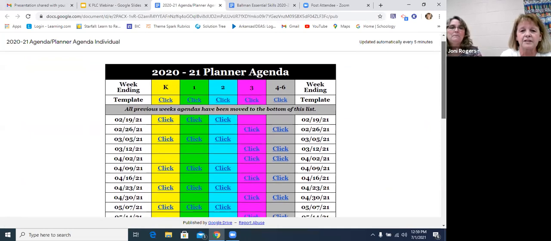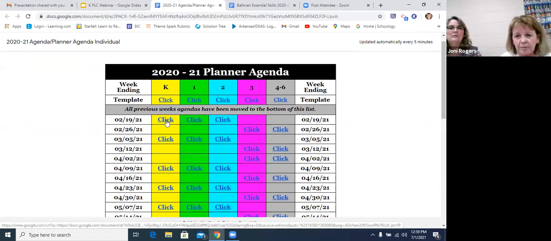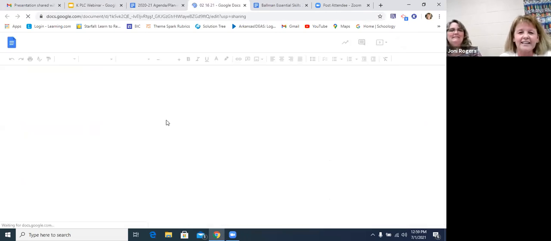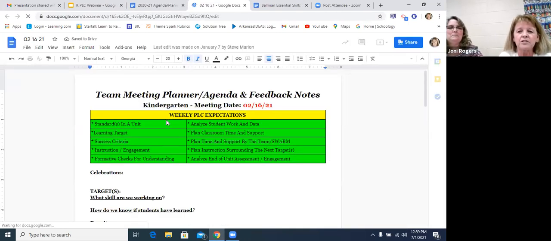Okay, so here's the agenda. And this is our template that they've created for us. And there's not going to be any information in here because it's all been wiped out getting ready for the 21, 22. What is this? Yeah, that seems unreal. Okay, let's see. So we would just have this pulled up during our meeting, and one person would be the person that enters the data.